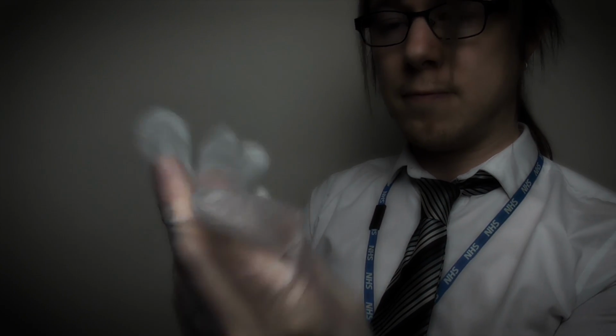One of the things that we will be doing is using some calipers just to help you to keep your eyelids as open as possible. Now, it won't stop you from blinking, okay? So don't worry about that. It's not like a Clockwork Orange or anything like that. It's simply so that I can maximize the amount of your functioning eye that I need